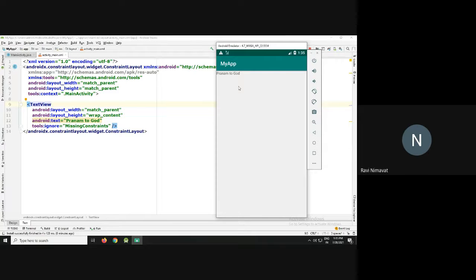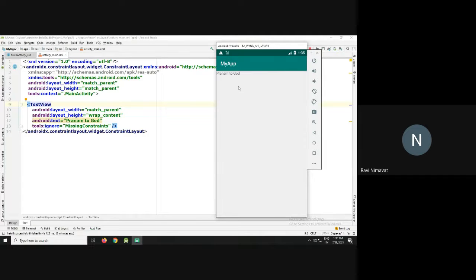Okay, students, our first topic is layouts. Students, there are various layouts available in Android. But what is the use of layouts? Using layouts, we can arrange our UI in different ways.